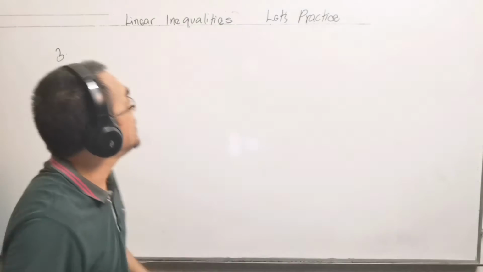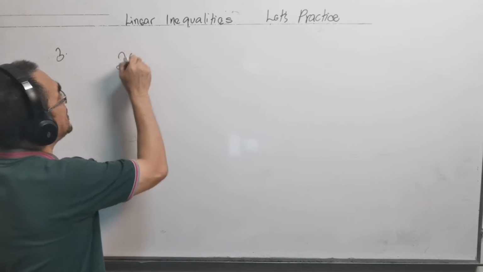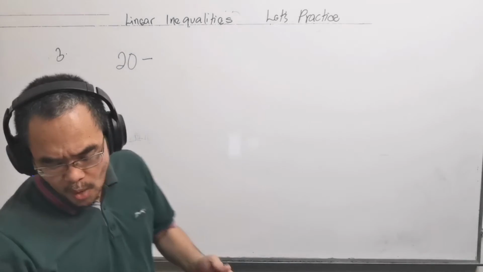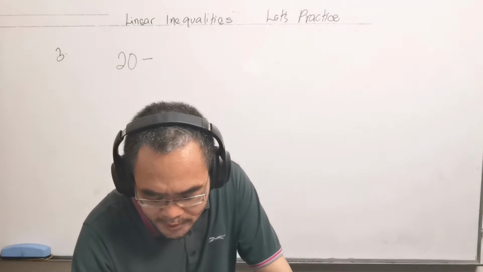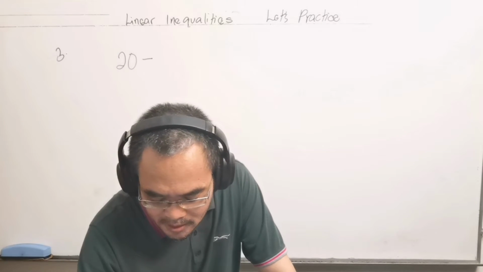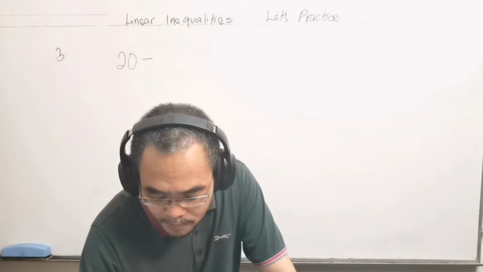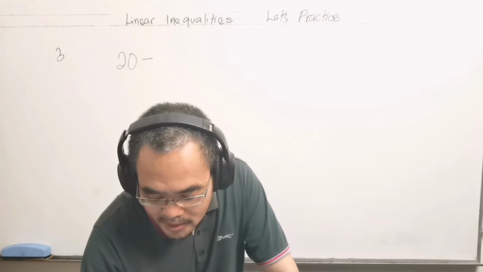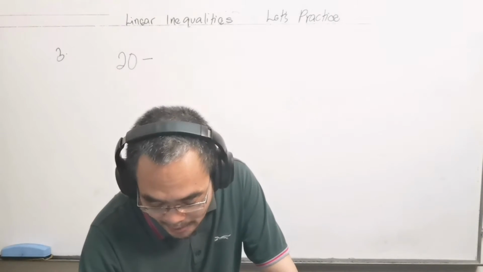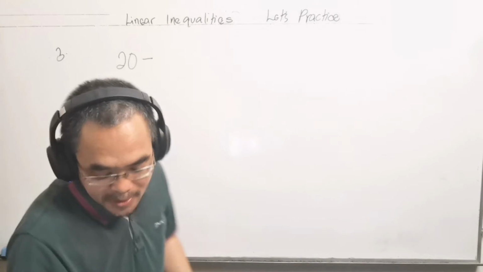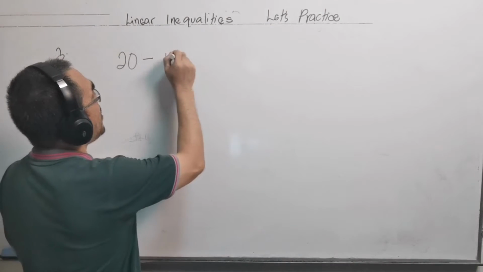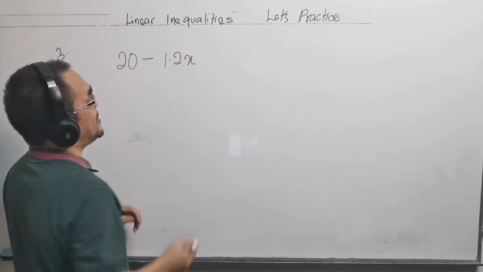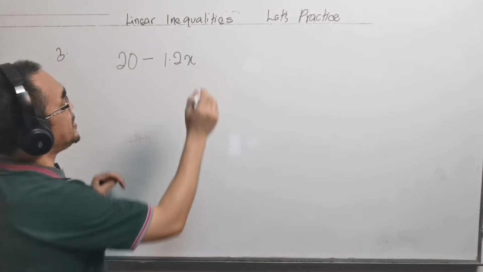So it will be 20 ringgit minus the cost of the Hari Raya greeting cards. We do not know the total, so we just write 1.2 times x, because x pieces. So 20 minus 1.2x equals